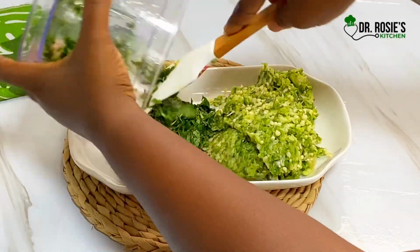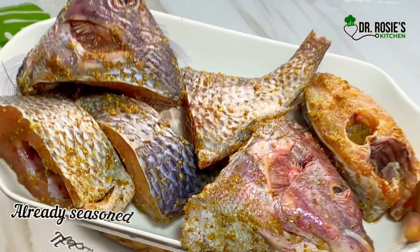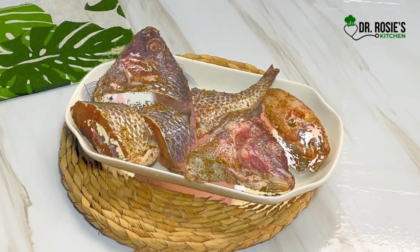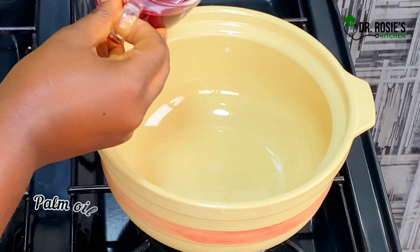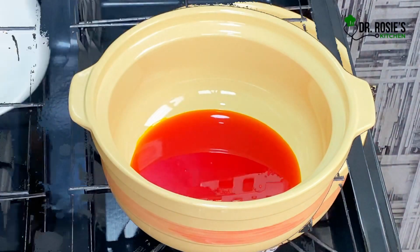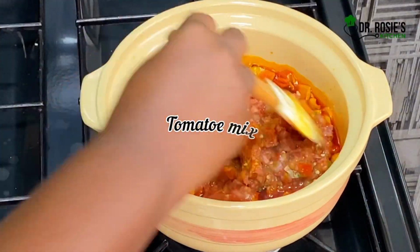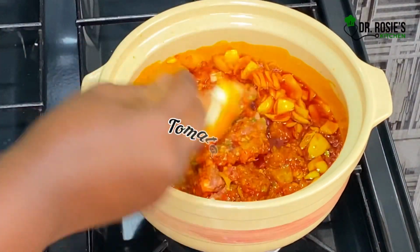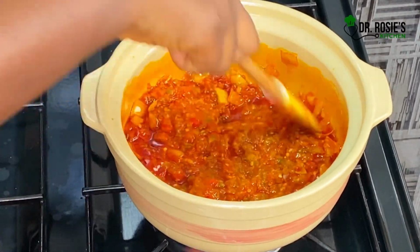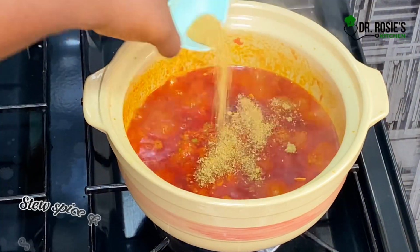So after chopping the okra, this is my already seasoned tilapia. I did it overnight, and guys, just trust me, it smells so amazing. And then I poured my red oil or palm oil onto my pot, added my sliced onion, and then I added my tomato mix. Okay, so at this point you're gonna lower your stove, all right, and then add your